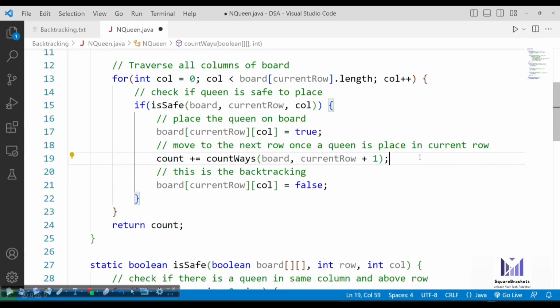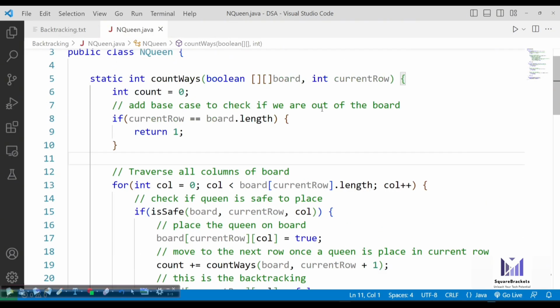Okay. Now, how exactly is this backtracking? Why is it a backtracking code? Because once my recursion is completed, it will start doing the fallback part. When it gets to fallback, it will put false wherever it has placed true. Simple enough. At a particular current row and column, it might have placed true, so then it is going to place false at that particular position.